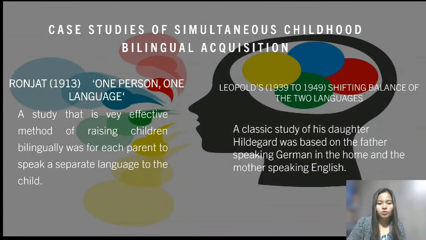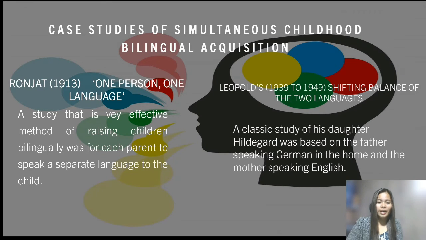Okay, so some of the earliest research on bilingualism concerns detailed case studies of becoming bilingual, just like Ronjat in 1913, who described a case of the mother speaking German and the father speaking French in a French community. So Ronjat's 1913 case study introduced the principle of one person, one language. That is a very effective method of raising children bilingually: for each parent to speak a separate language